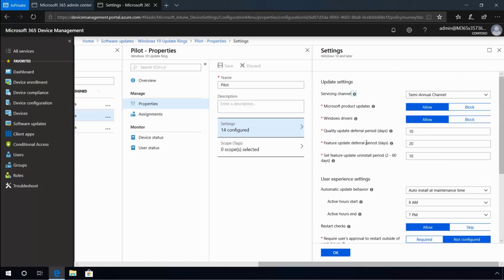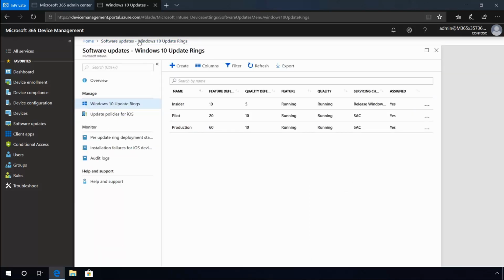A lot of the things that we saw in the Group Policy controls across all the different options are things that we can do here, in addition to a bit more granularity in terms of targeting of active hours and those types of things that are other Windows Update settings across other areas of Group Policy